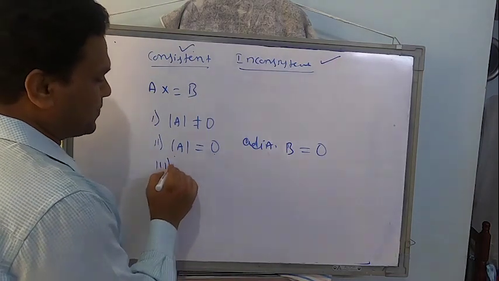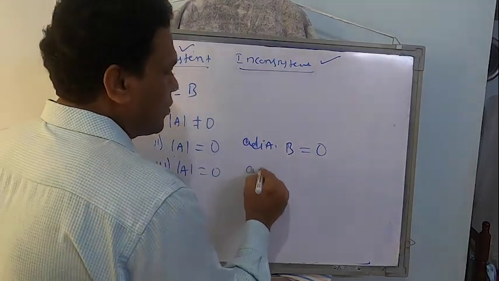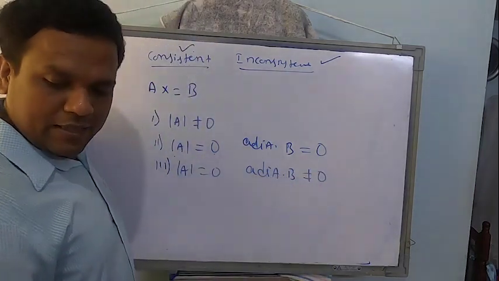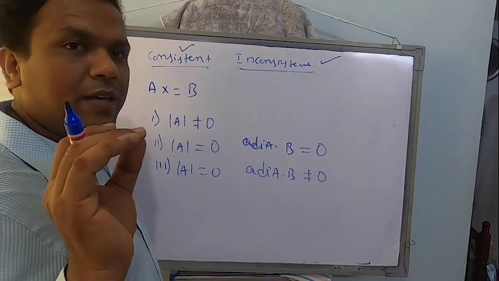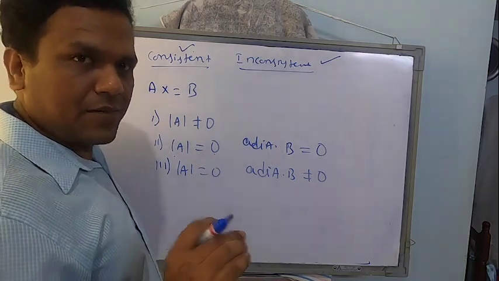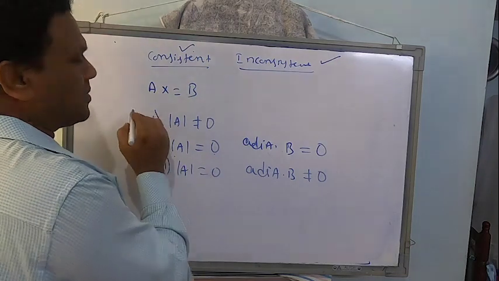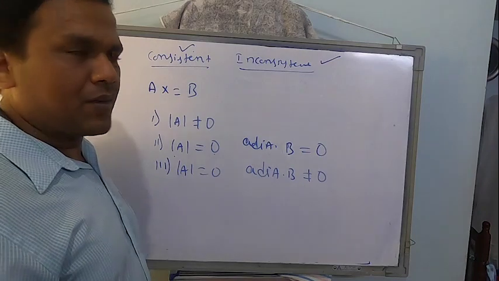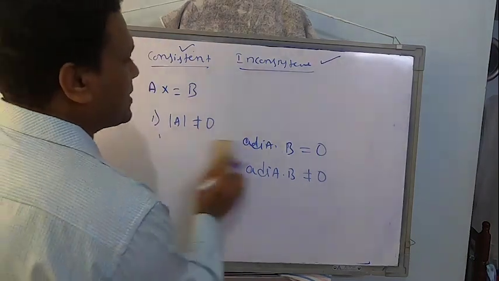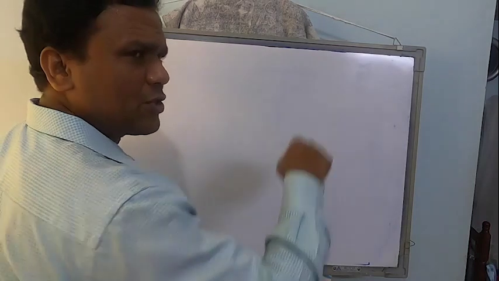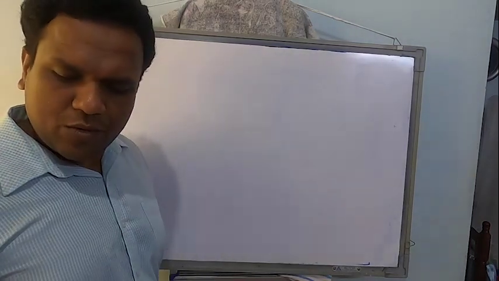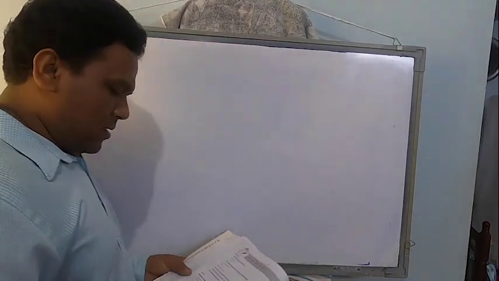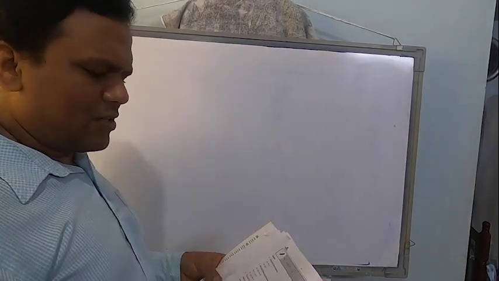The third case, if determinant A equal to 0 and adjoint A multiplied by B is not equal to 0, then in such a case the given system is said to be inconsistent. Clear? This is your first set of problems under this topic, checking the consistency. Let me tell you with examples directly. This explanation is given there in the EPL, so not to worry, you can go through whatever has been given.